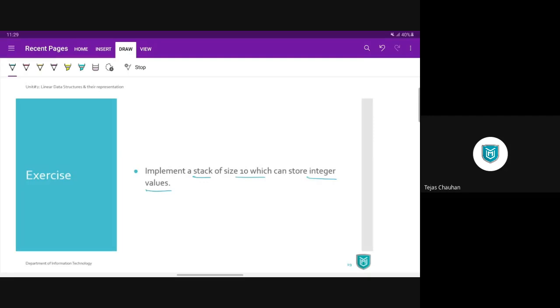Now I want you to revise this entire stack before coming to next lecture, because in next lecture we want to implement this stack. I'll show you how to implement this stack in a program, and that is your practical number 3 also. So we will be doing your third practical in lecture itself. In lab session, you all will be implementing your stack, but I'll show you how to create that stack in a lecture session. So that's all for today, and let's stop here.